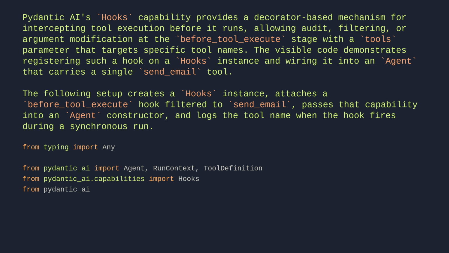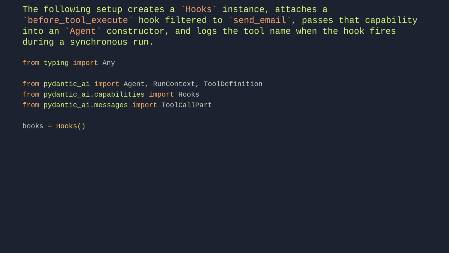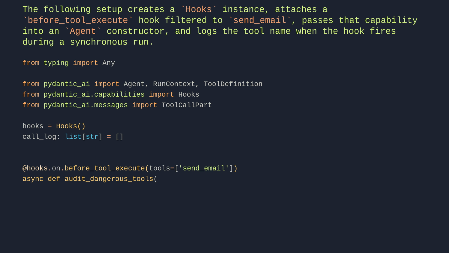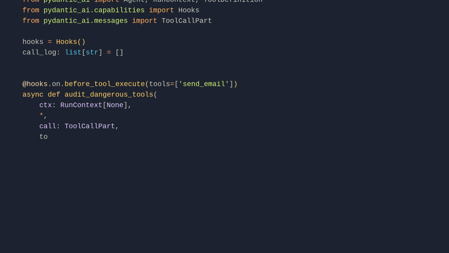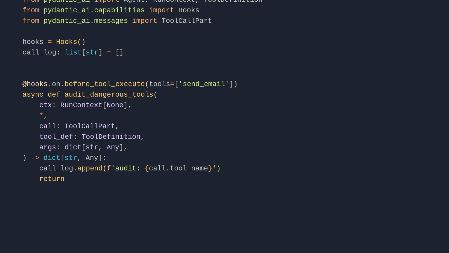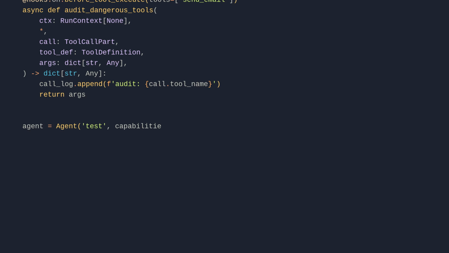From pydantic_ai.messages, import ToolCallPart. hooks = Hooks(). call_log: list[str] = []. @hooks.on.before_tool_execute(tools=['send_email']) async def audit_dangerous_tools(ctx: RunContext[None], *, call: ToolCallPart, tool_def: ToolDefinition, args: dict[str, Any]) -> dict[str, Any]: call_log.append(f'audit: {call.tool_name}')